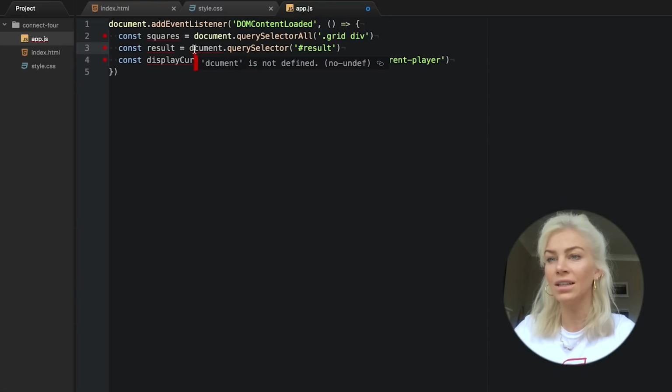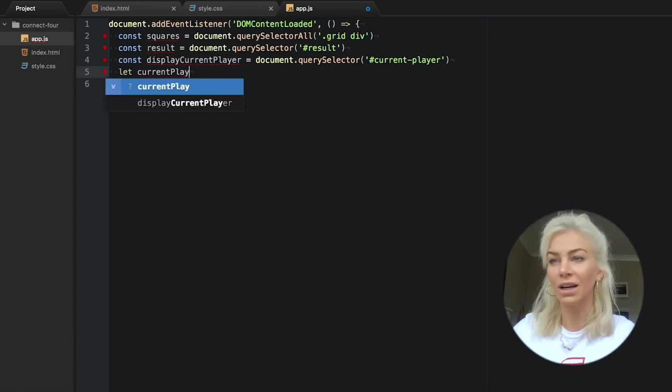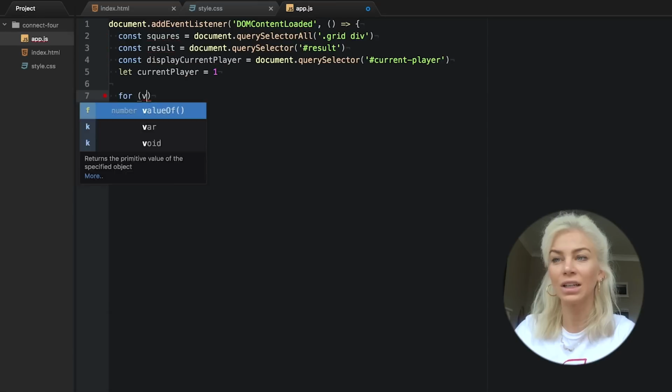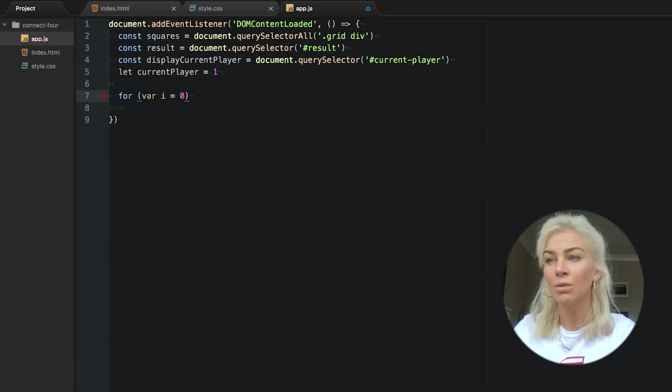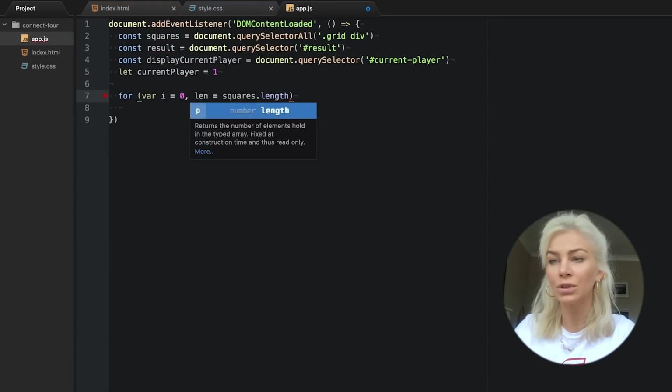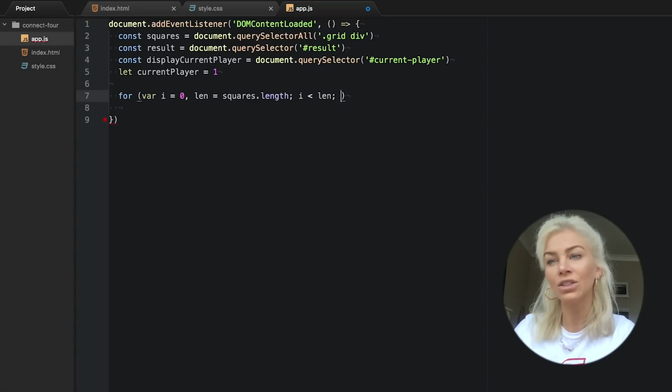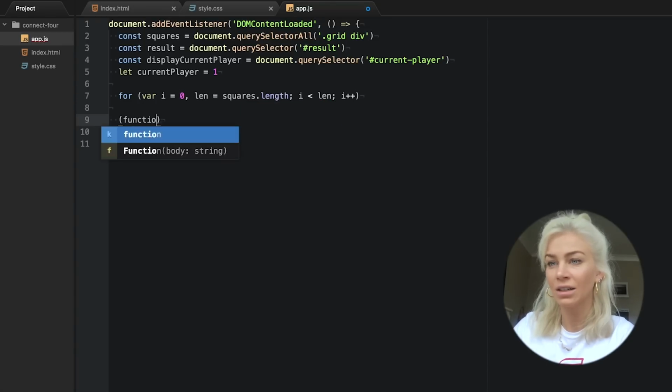Okay, so the first thing we are going to do is write a function that will listen out for every time we click a square in our grid. We will start off by writing a loop to loop over each square, then a function to add an onclick to it.